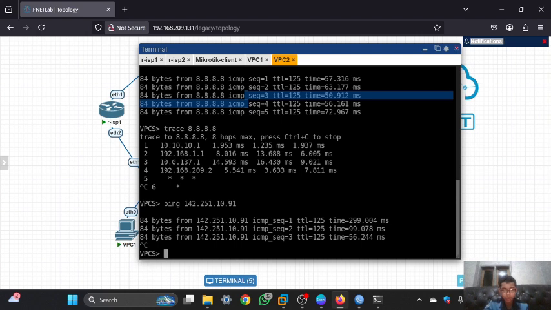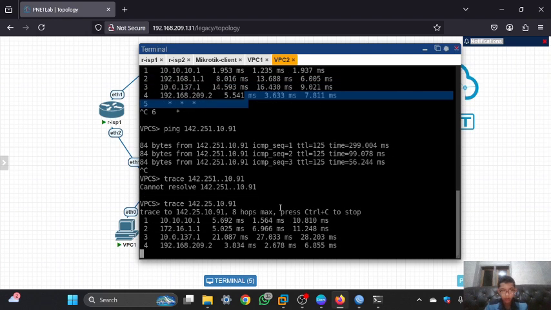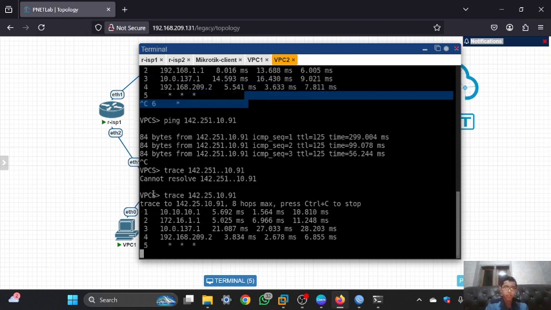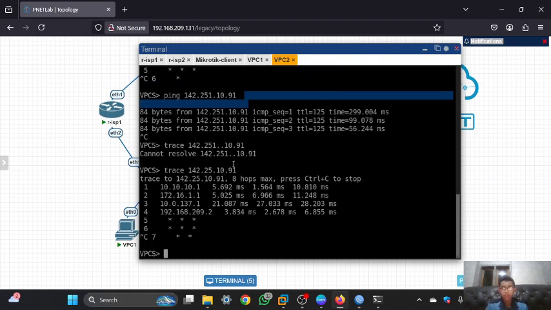And I will try to check the trace of VPC2 that connects to YouTube. I will type trace and then the IP of YouTube, which is this. As you can see, VPC2 that connects to YouTube is using the IP of ESP2.